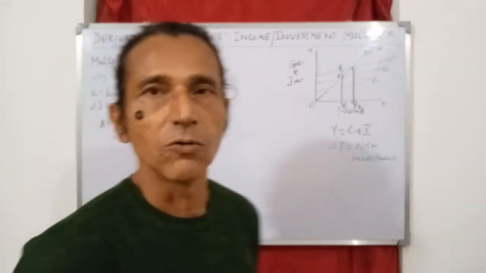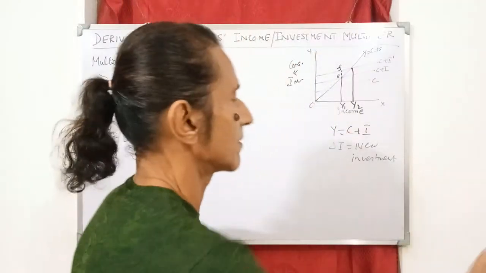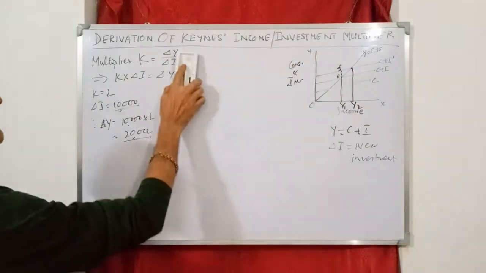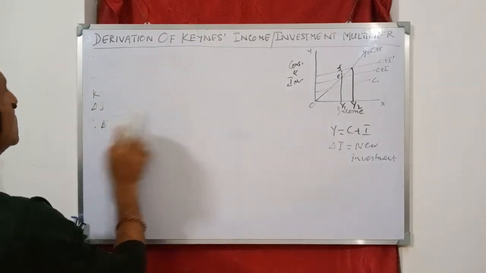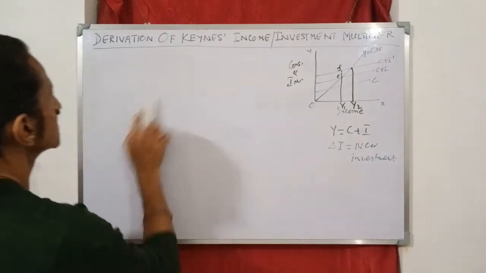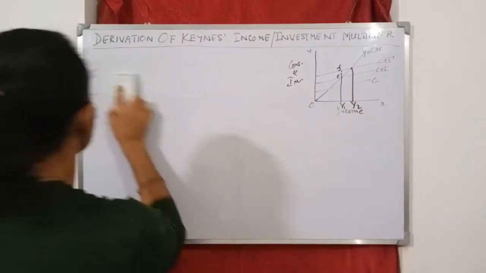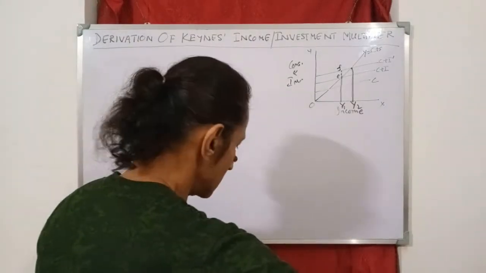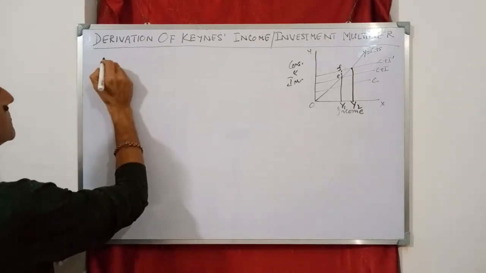Now we shall mathematically derive the multiplier. I am erasing this part since I don't have much space to work on. So this part I have erased. Okay. Now